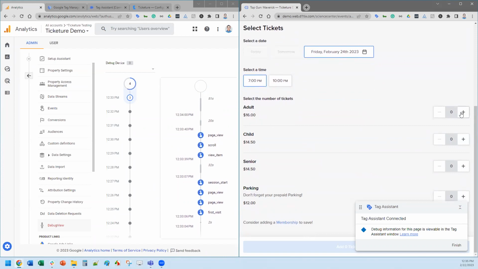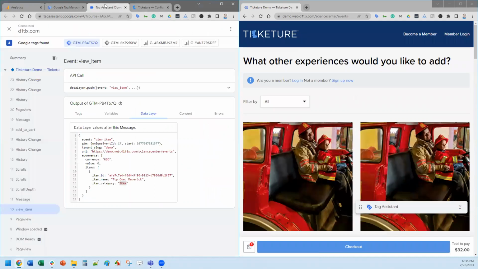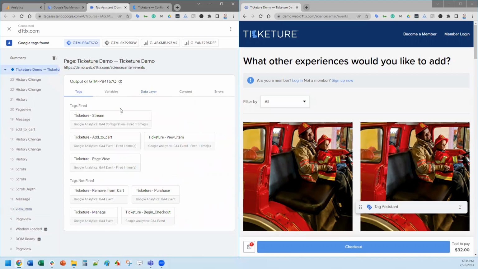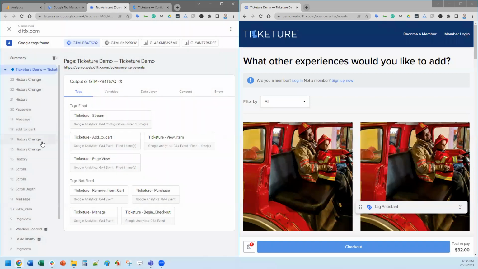So I grab a time. I'm going to go ahead and grab 2 items here, put that down, and then I want to add those into my basket. So I'll pop back over to Google Tag Manager. Got back into my tags. I now have my add to cart tag. Everything's all been firing. This is awesome.